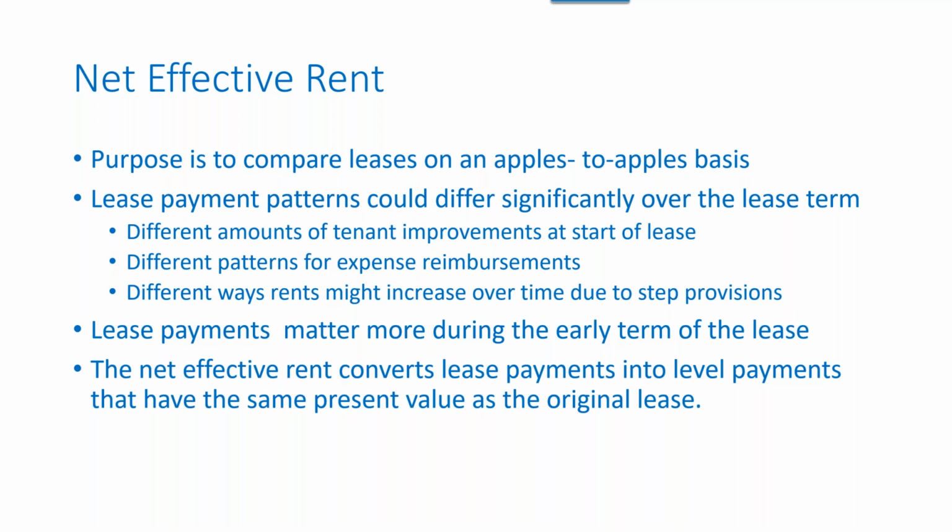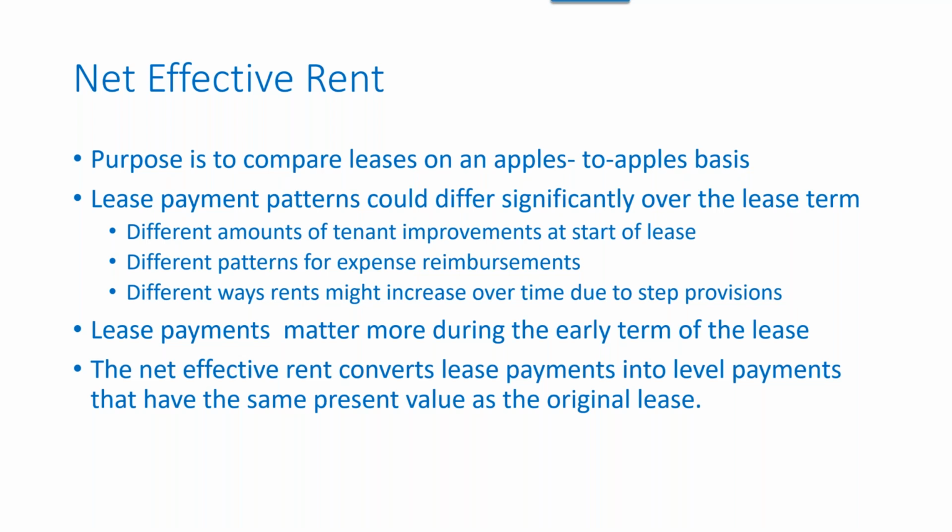And how is the rent increasing over time? Is it level for a certain number of years and then it jumps up, or does it start to go up right away? So you have all these different lease patterns, and it's really impossible, at least for me, to look at all the different possibilities and say, okay, this is the one that's the least costly, or gives me the most rent from the owner's perspective. You really need to try to put all those on an apples to apples basis, and that's the idea of an